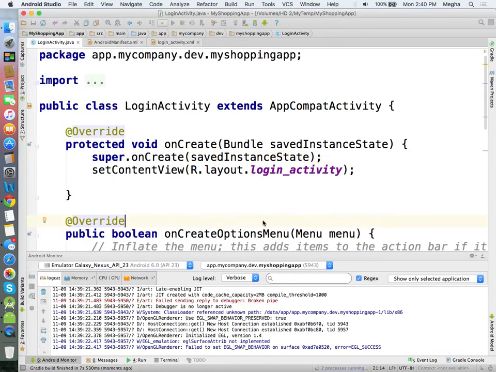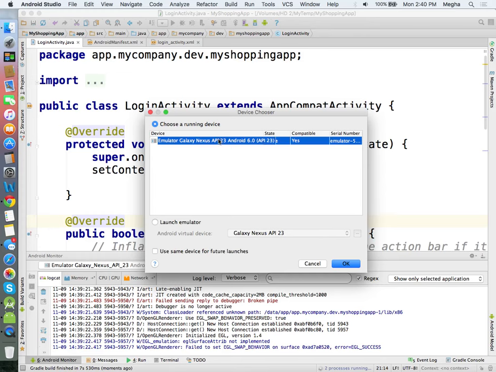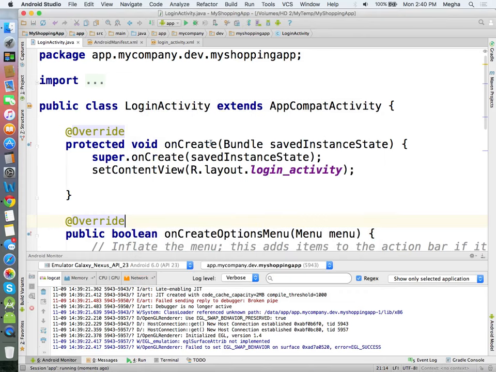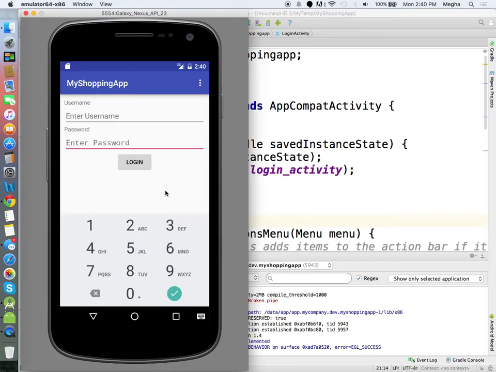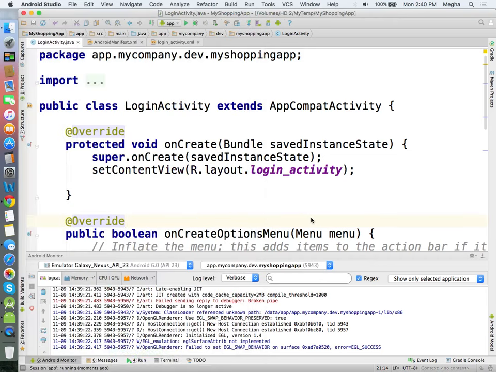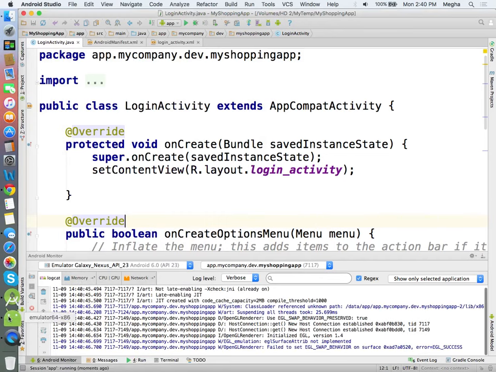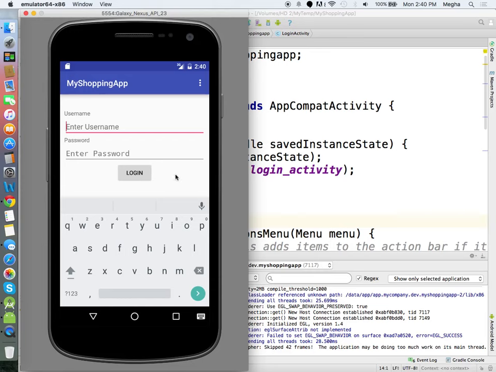Yeah, it will come now. Still not in the center.